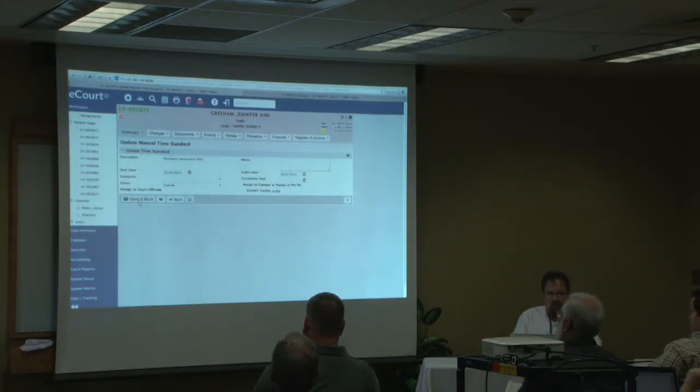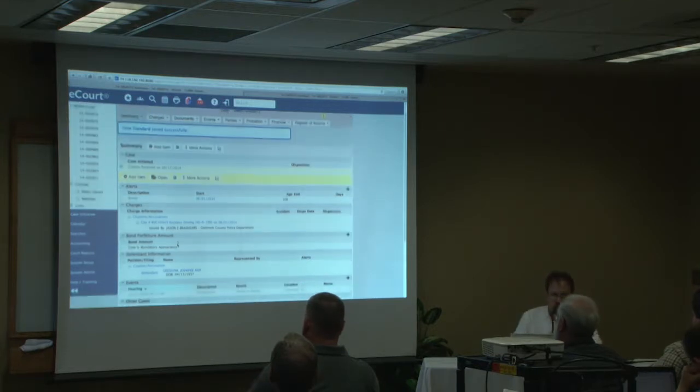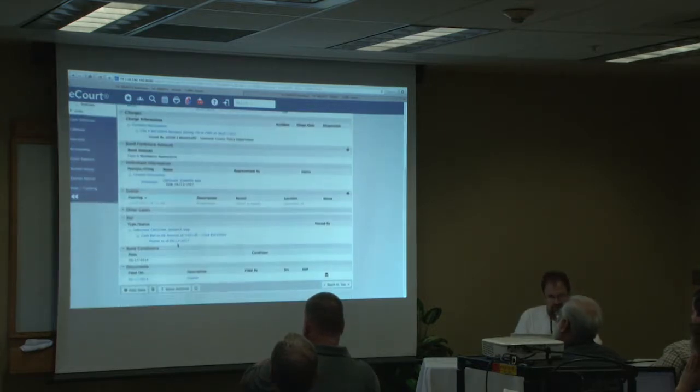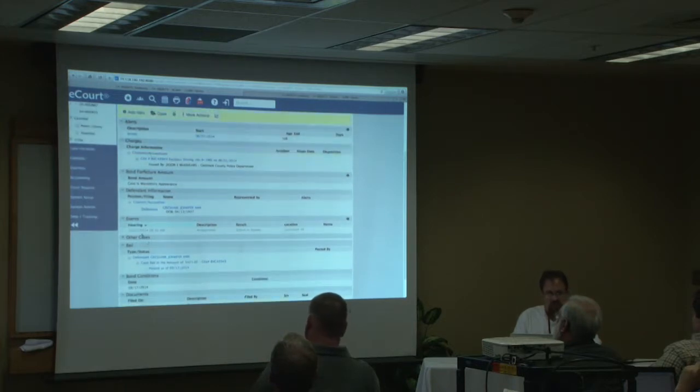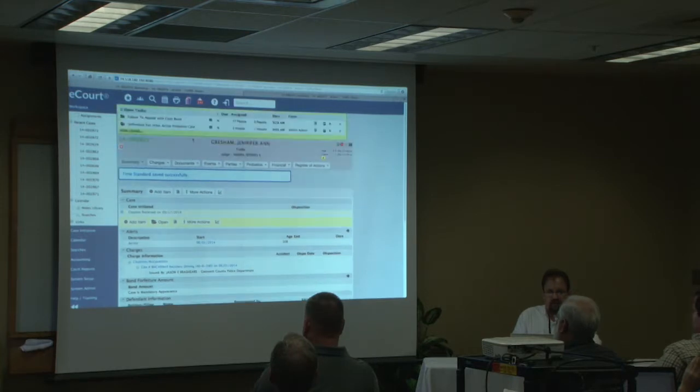And when we do this, that met the guidelines of our first triggering event. Remember, the original triggering event was the time standard expiration, but what it is is this update of a scheduled event with a failure to appear. So workflow automatically put in this failure to appear and then triggered a workflow process. This is the process that shows up here. It's available at the case level. It's also available, of course,